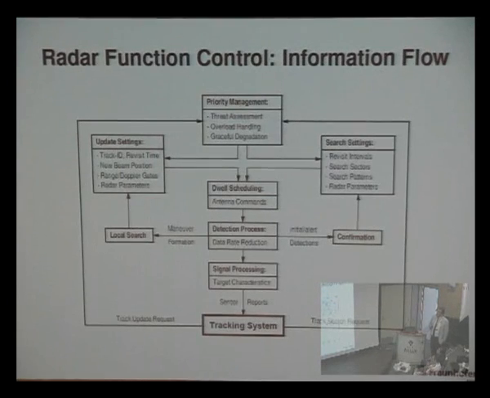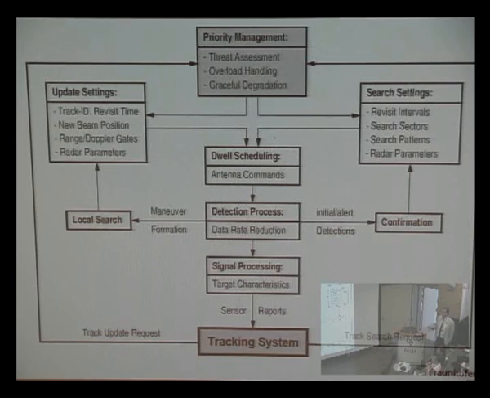Just as an idea, this slide shows you, for the example of phased array radar, the information flow for sensor management, in a way applicable to other applications as well. So we have a tracking system here, and this tracking system triggers the use of the sensor. As soon as the track becomes bad, as soon as there is a lack of information, the tracking system starts either a track update request or a track search request. These requests are collected here by the priority manager. The priority manager does the charge assessment, overload handling, graceful degradation, and if there is a request which is important enough, then we use it for